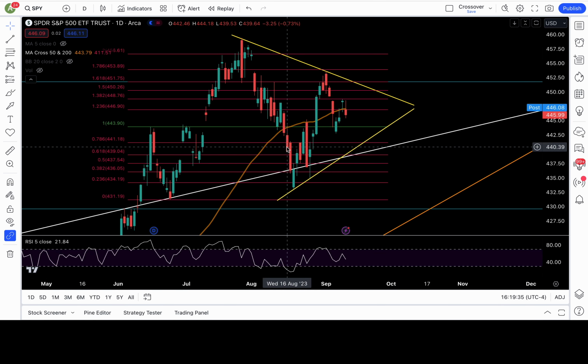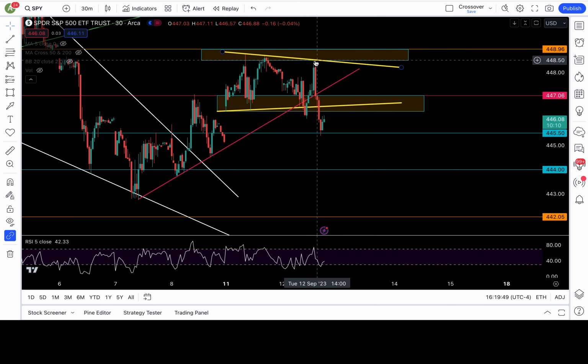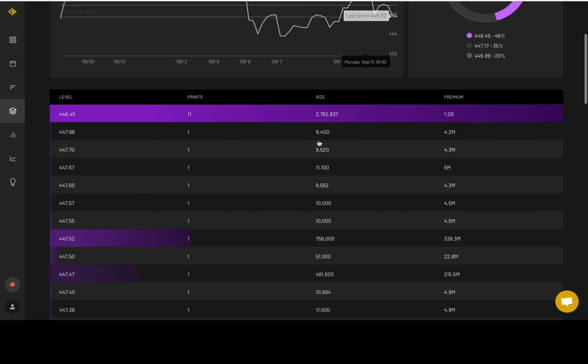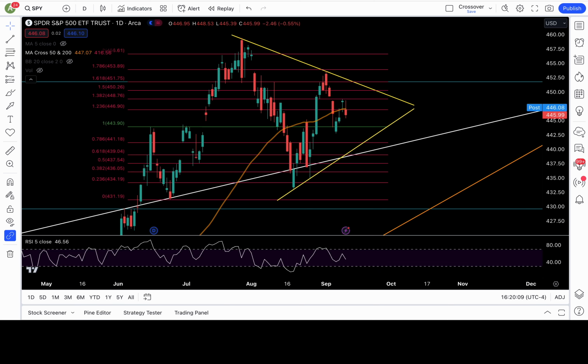All right, so before I end it, because my headache is starting to kill me right now, dark pool order 448.4. Similar to yesterday, we had 2 billion in premium. Today's 1.2 billion. 448.4. You can see on the smaller time frame, 30-minute chart, right around there. That's where the selling came in. Boom. Dark pool order stepped up. What else is worth mentioning? 900 million, not quite 1 billion, but 900 million at the 447 level. That was the 50 DMA. So we know there's liquidity at these levels, okay, guys?